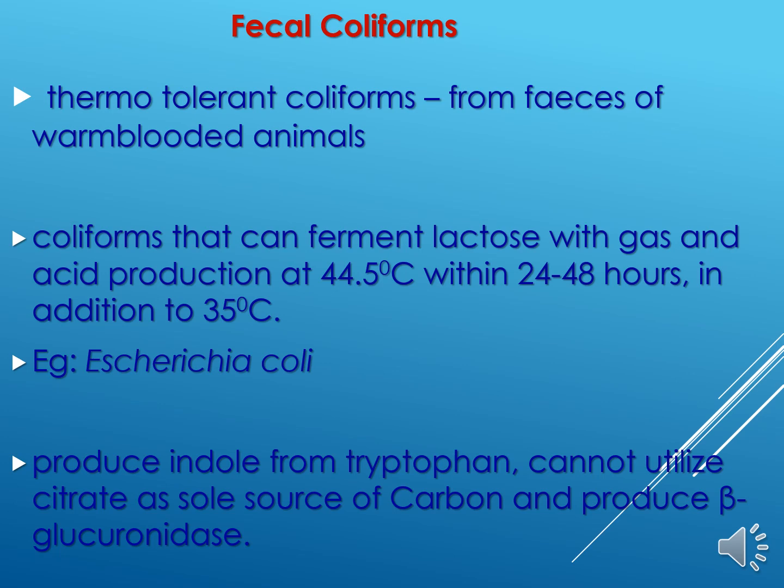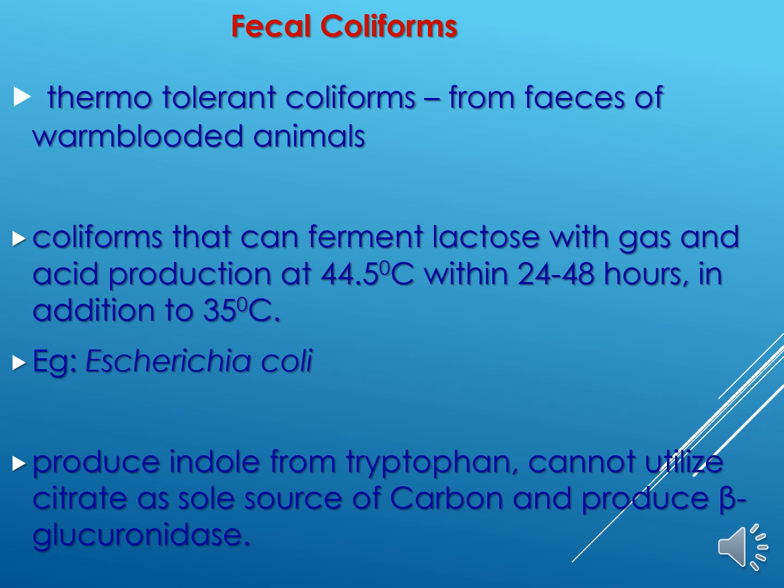Coliforms can be divided into another group also called fecal coliforms. They are the thermotolerant coliforms which are released from feces of warm-blooded animals. Some coliforms can be from waste, sewage contamination, etc. We call them non-fecal coliforms, but these fecal coliforms come exclusively from the feces of warm-blooded animals.